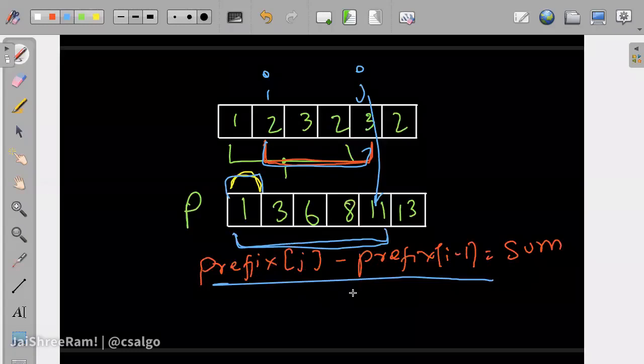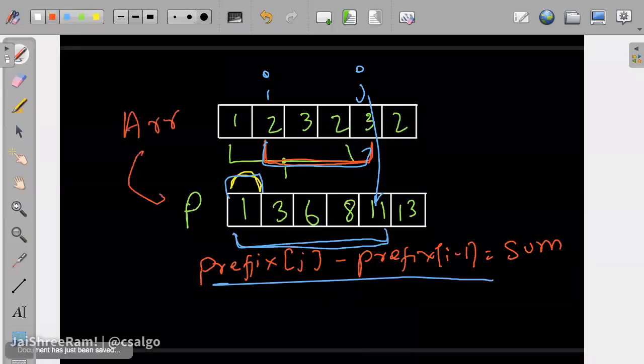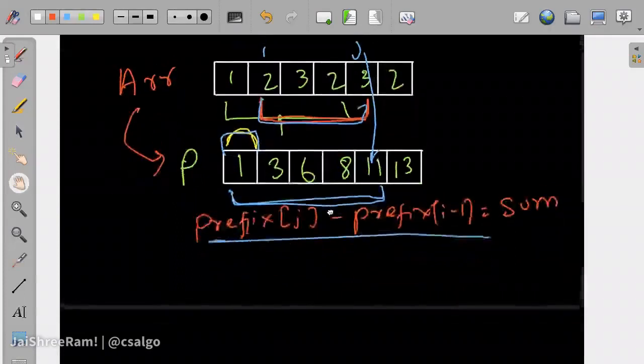So now the question boils down to, once you have this array, build its prefix sum, and on this prefix sum check how many i, j pairs exist such that the sum is this, right? So this is now getting converted into a different problem. So how do we solve this?